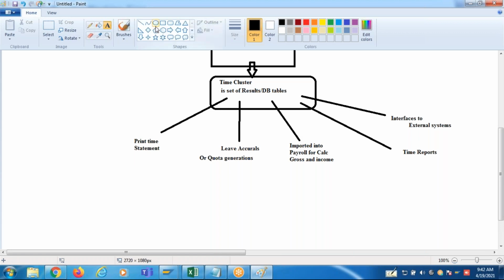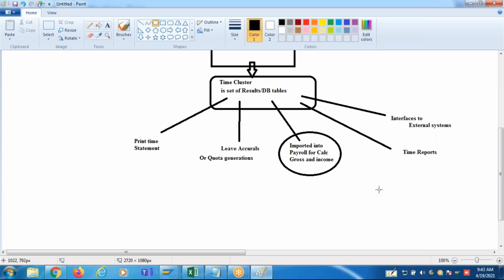This is a very, very important point because the payroll is in SAP. We are running a payroll in SAP, right? So when you run the payroll, there is automatic integration between time and payroll. Yesterday I shared a video. I don't know if I have shared that to you or not. You guys go through that video also. I'll share that video also. There you will understand the integration between time and payroll.